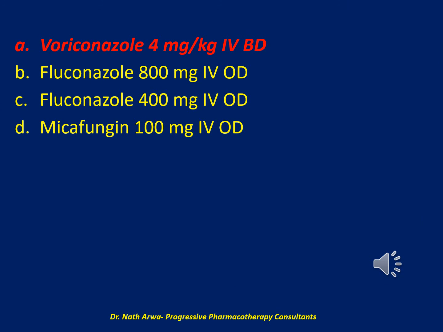And the correct answer is A. Voriconazole 4 mg per kilogram IV twice daily. This patient has endophthalmitis and needs an agent with CNS penetration. Micafungin does not have CNS penetration and is not recommended for endophthalmitis, therefore answer D is incorrect. Fluconazole does have CNS penetration, but the organism is susceptible dose-dependent (SDD), and 400 mg is too low, therefore answer